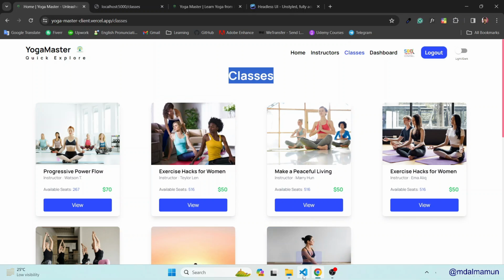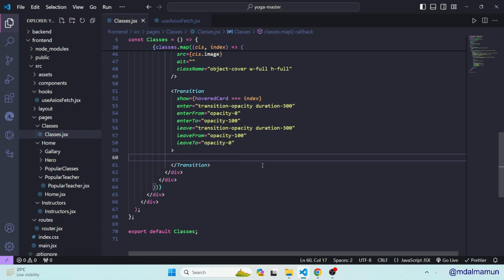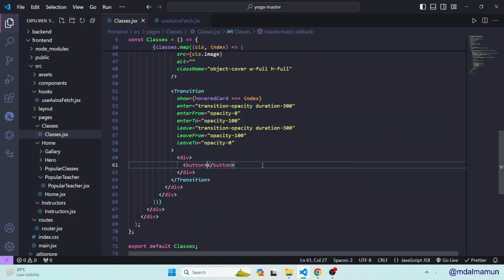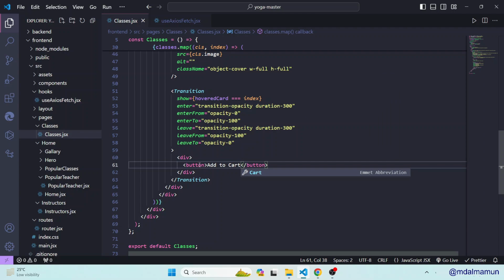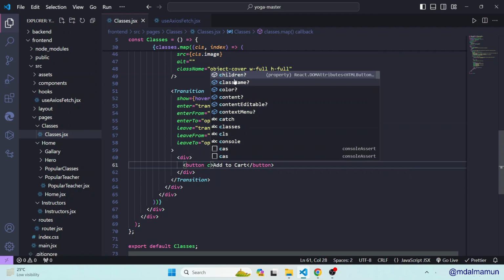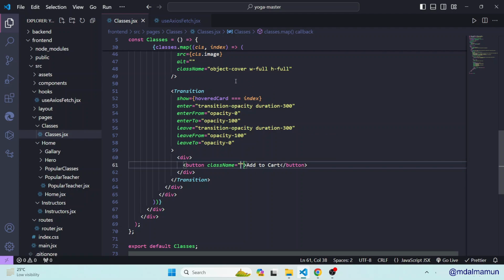We'll define add to cart button actually. So let me define a div here. So in this div we'll have a button, and let me define add to cart. Okay, so this is add to cart button. We'll have to style a little bit, and then